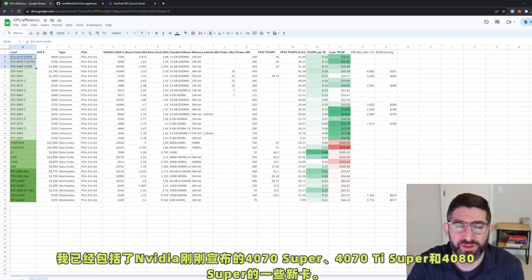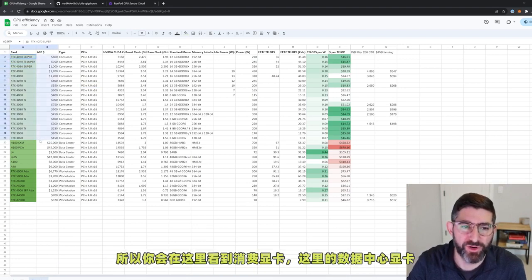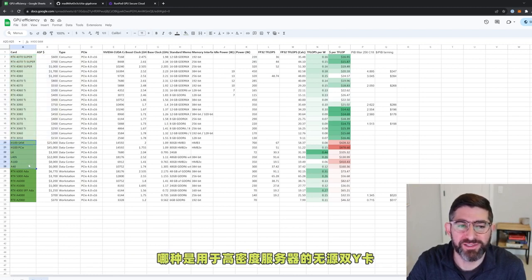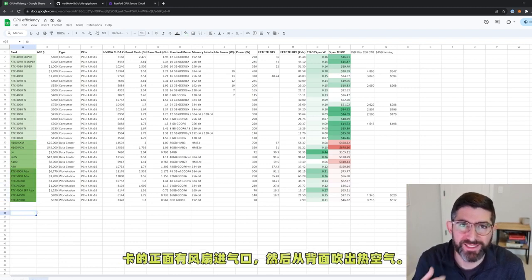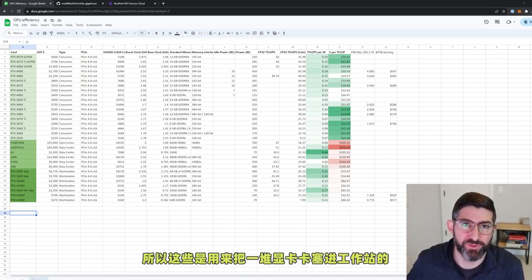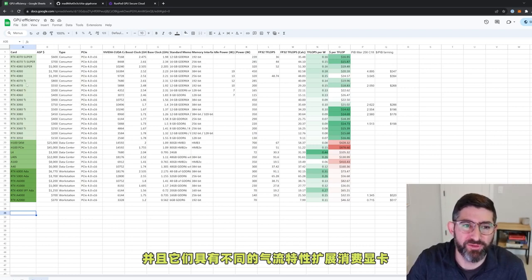and I have included some of the new cards that NVIDIA just announced with the 4070 Super, 4070 Ti Super, and 4080 Super. So you'll see the consumer cards over here, the data center cards here, which are the passive double wide cards that are for use in high density servers. And then the workstation cards, which are typically your blower style GPUs that have the fan intake on the front of the card, and then it actually blows hot air out the back. So these are for jamming a bunch of cards into a workstation, and they have different airflow characteristics than a